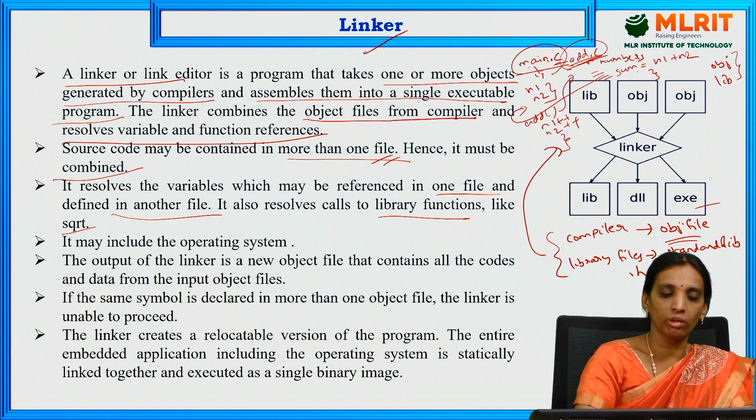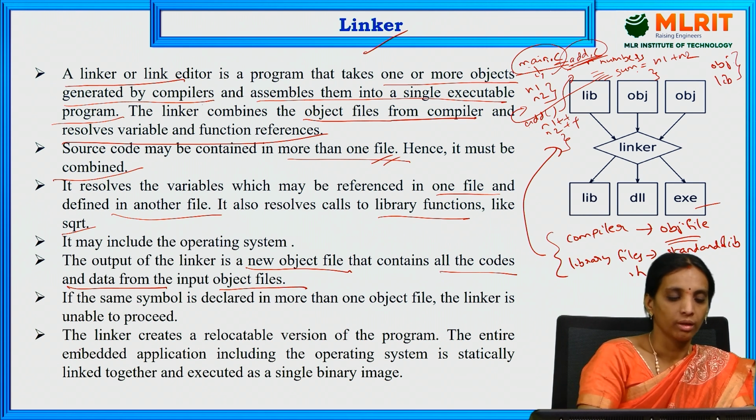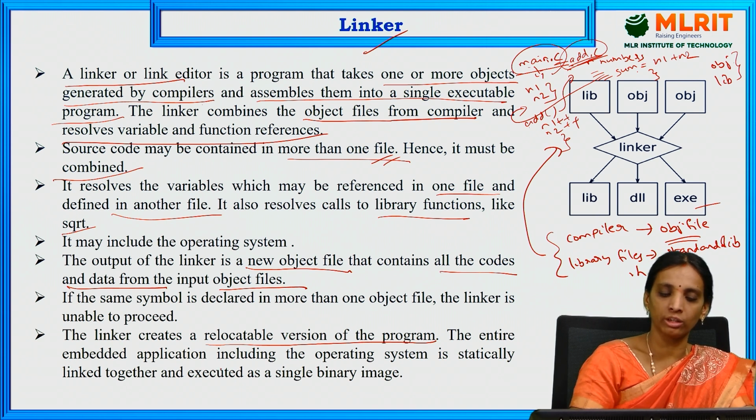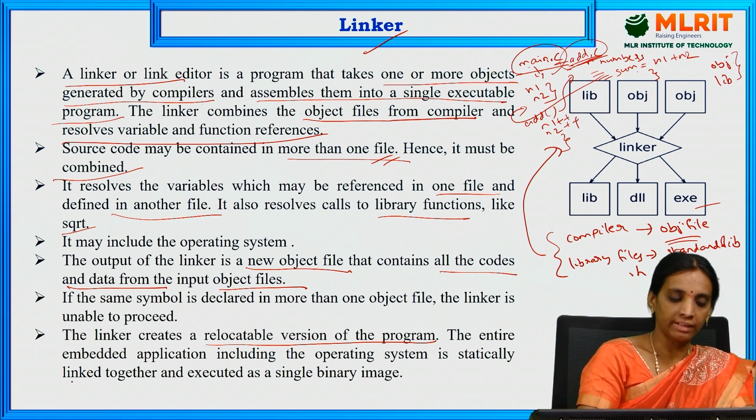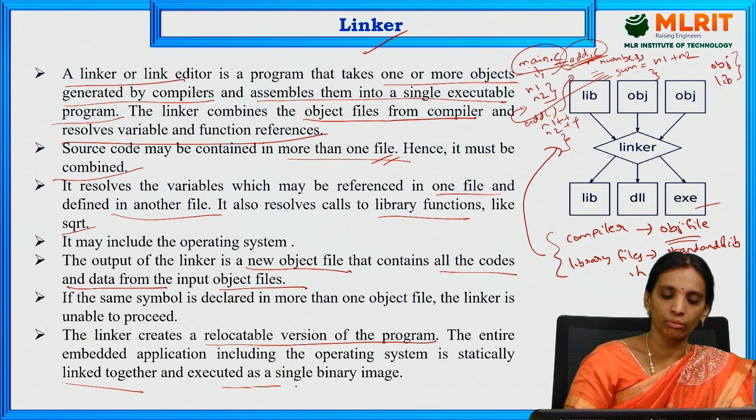So the output of the linker is a new object file that contains all the code and data from the input object files. Here the linker creates a relocatable version of the program. The entire embedded application, including the operating system, is statically linked together and executed as a single binary image. After linking all these files, it can generate an executable file,